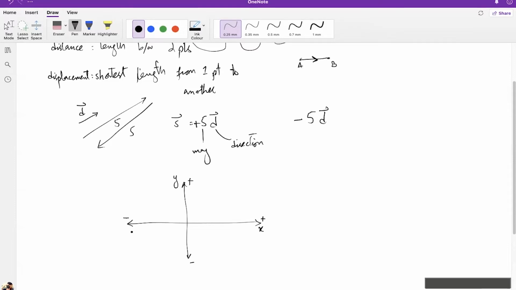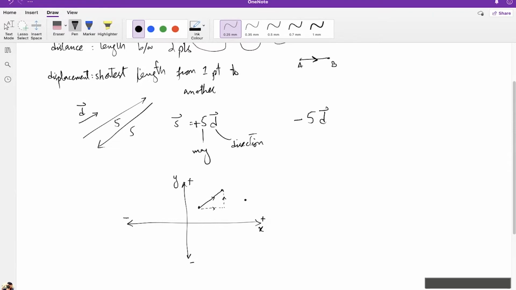So X and Y are perpendicular, or we also have a word, orthogonal. Again, not required in O levels. So these are perpendicular to each other. They don't really affect one another, and they can be considered independent of each other. So if I'm going from this point to this point, what have I done? I have to go a certain distance to the right and a certain distance up to figure out my actual starting and ending points. So this is basically called